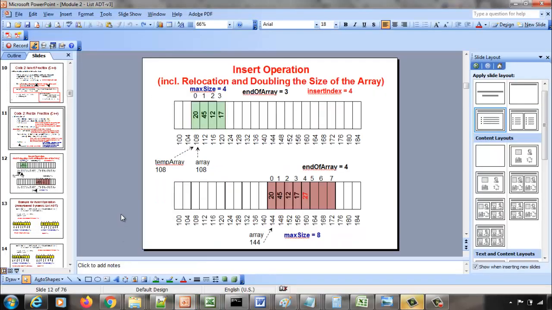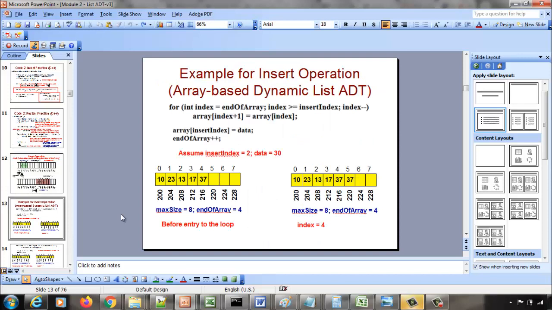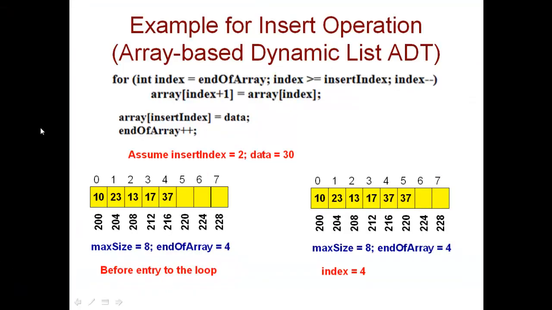Alright, so now what we are going to look at is how to insert somewhere in the middle of the array. So we are going to focus specifically on that for loop in the insert at index function. So let us assume an array list basically that looks like this, implemented using an array with max size 8 and end of array is 4. That means it has elements from index 0 through 4. And let us say I want to insert at index 2 and the data that we want to insert is